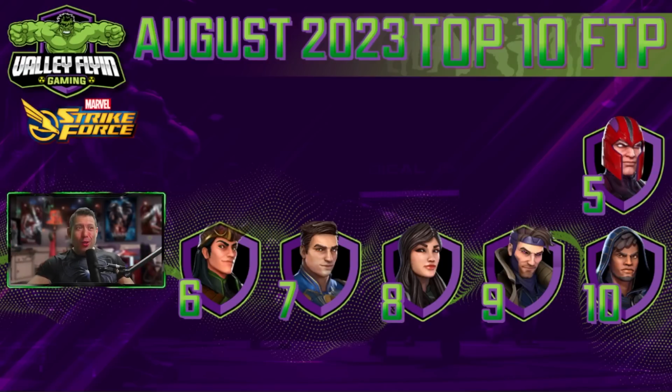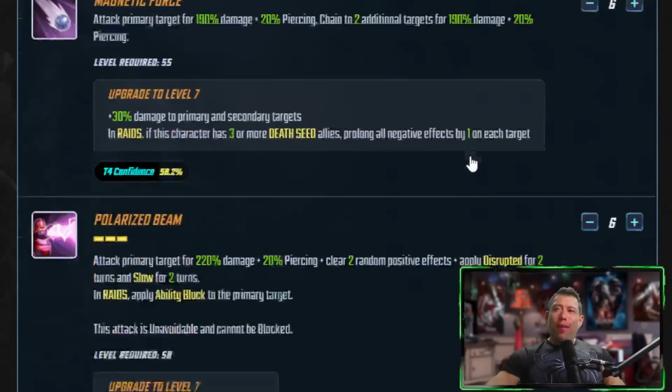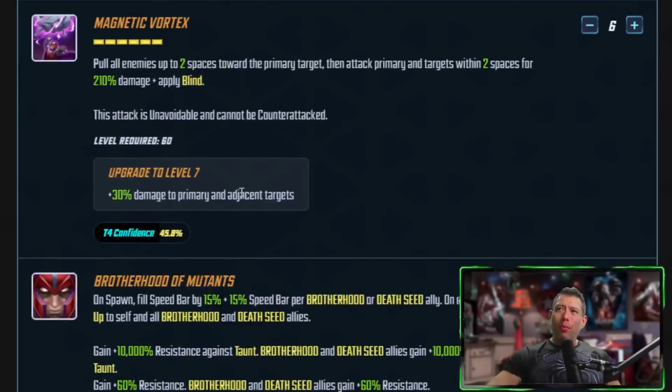They can counter a Young Avengers as well. So a lot of good value there, but mainly for the raids. So let's move on to the kit for Magneto. Very, very good character. Now, one of the most important moves you're going to need is this ultimate here, getting